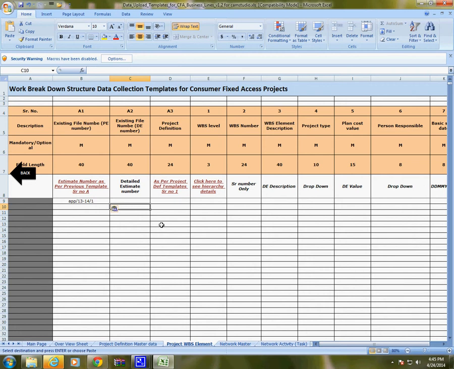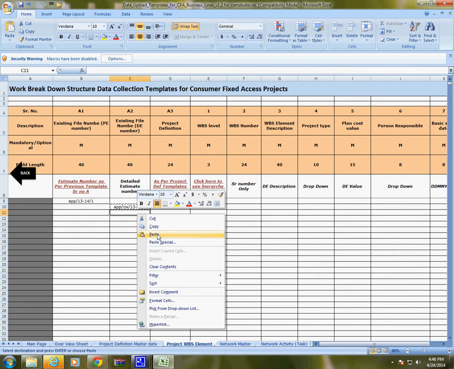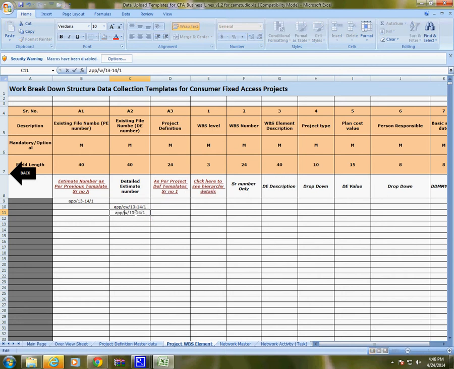However, suppose I have prepared 4 detail estimates for this project definition. So I will be filling APP/ suppose it is a civil work, CW, I will write CW/13-14/1. This is my first detail estimate. The other one is electrical works that I have prepared.